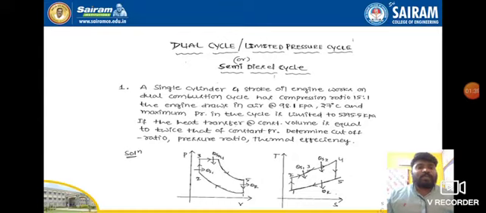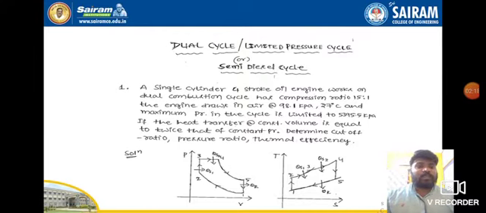So that is why it should be taken as P3, the maximum pressure, if the heat transfer at constant volume is equal to twice that of constant pressure. Here one condition is given in this problem: the heat transfer at constant volume is equal to twice that of constant pressure. We'll see how exactly the equation comes which satisfies this condition. Determine cutoff ratio, pressure ratio, and thermal efficiency. So these are the things we need to find out in this numerical.